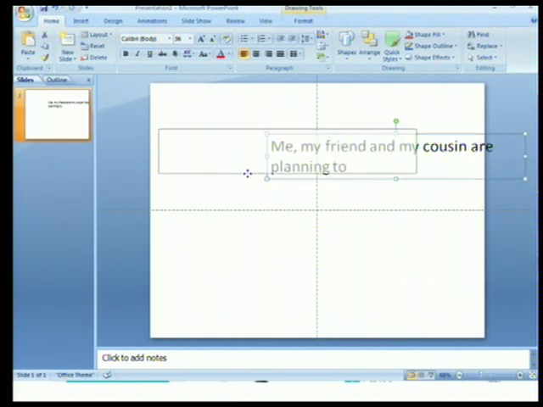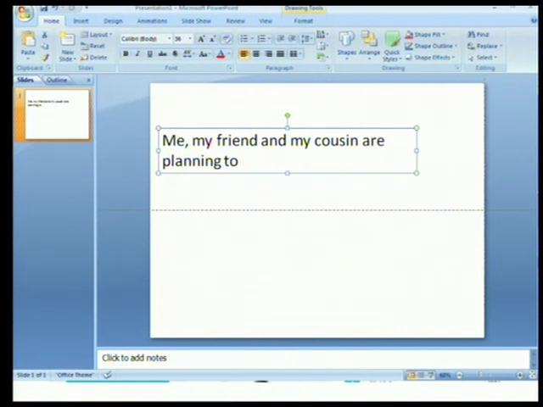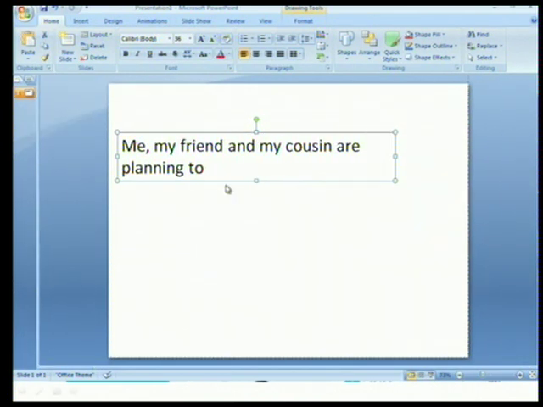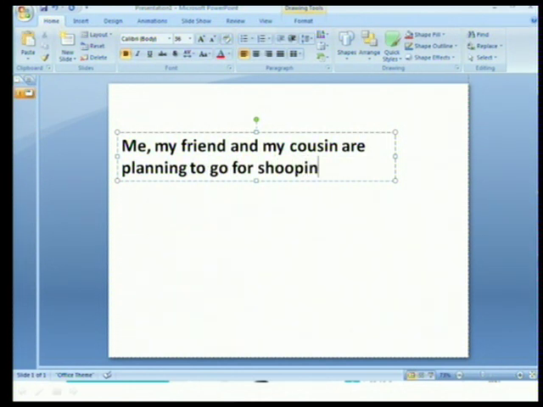Just a moment, I'm just trying to bring this in the center so that it's easy for you to see and understand. Okay, me, my friend and my cousin are planning to go for shopping. Okay, now this is how we generally speak, right? But is this correct? No, it is not. The correct form is